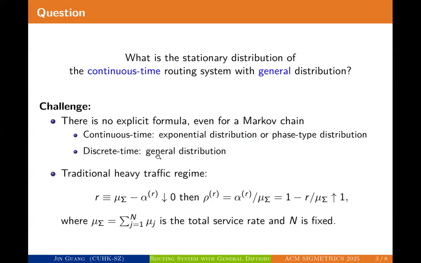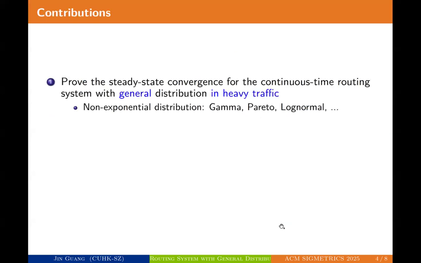People often use the traditional heavy traffic regime, meaning you set the difference between the total arrival rate and the total service rate very close to zero, so that the utilization of this system goes to one. In this traditional heavy traffic regime, the number of stations is fixed. In this work, we prove the steady state convergence for the continuous time routing system with general distribution in heavy traffic,